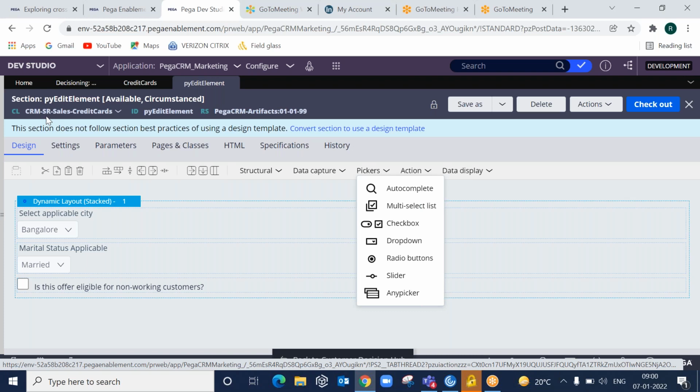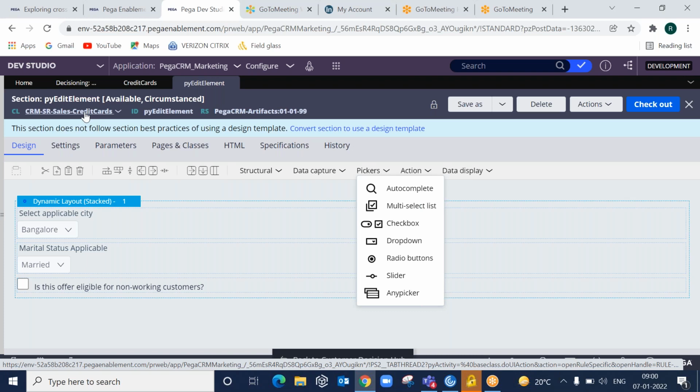Okay, so all of them are present under this SR class context only, which we have seen yesterday, which is same like your class group, same kind of structure will be there. Application ID dash SR dash business issue dash business group. That is how it will be created. Same like your class inheritance.